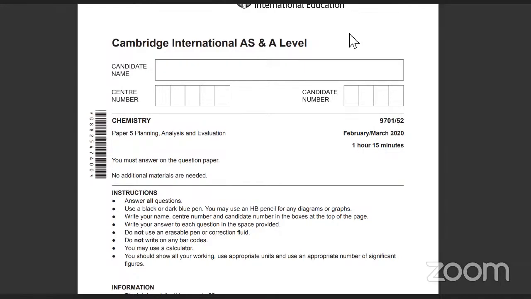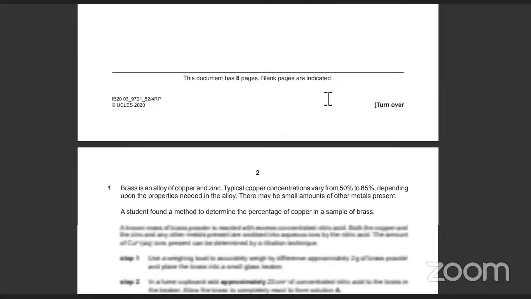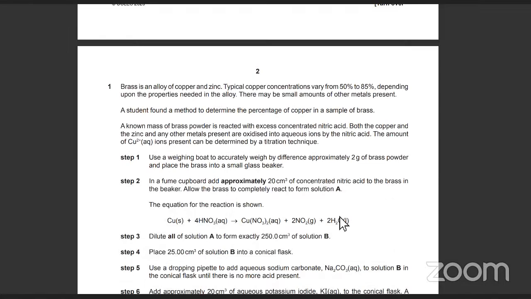Now this is the paper that we are going to do. This one is February March 2020. Okay, we're going to try and do P5. Hold on a second. So starting with the first question, the question is about